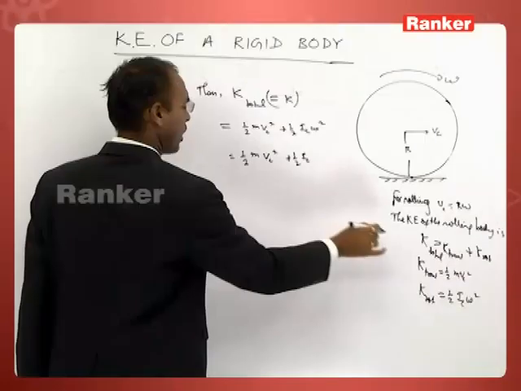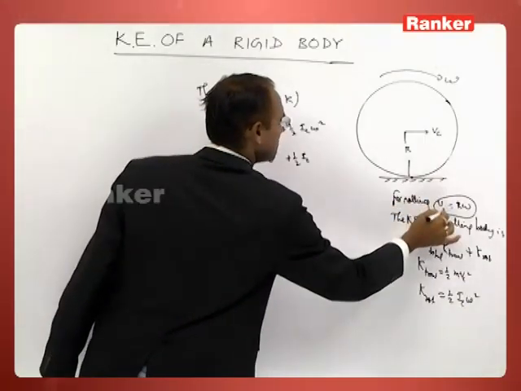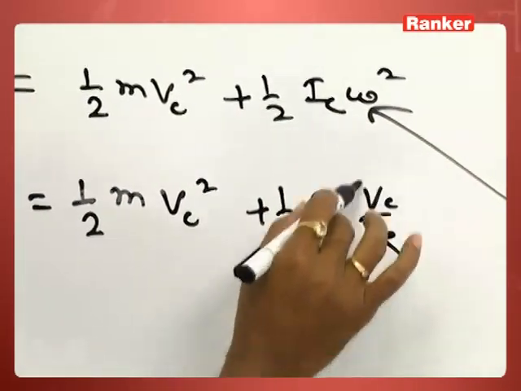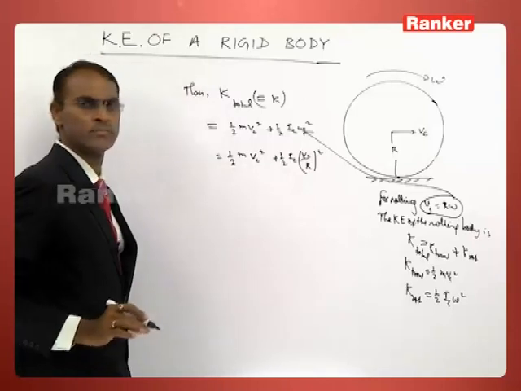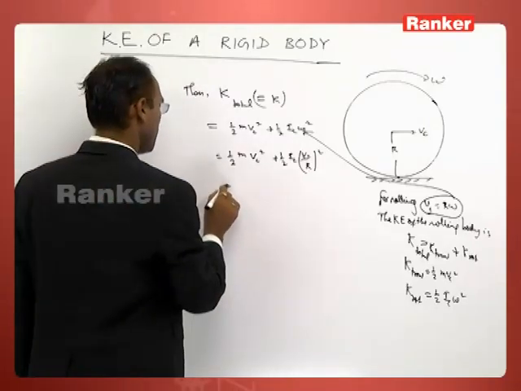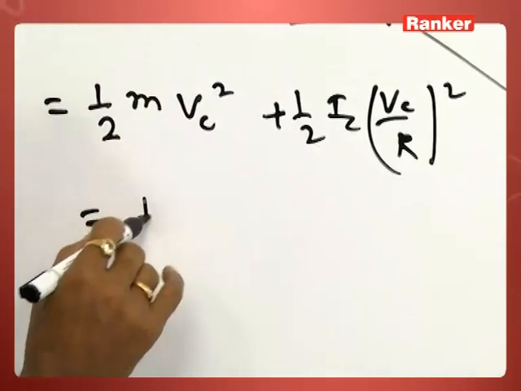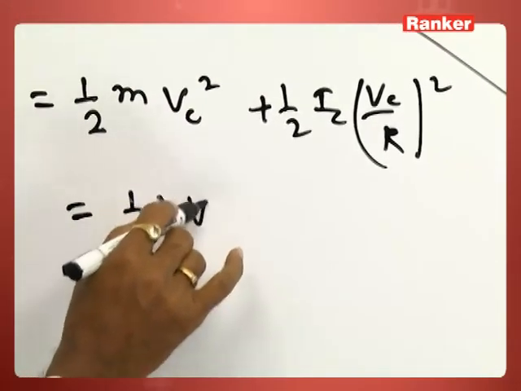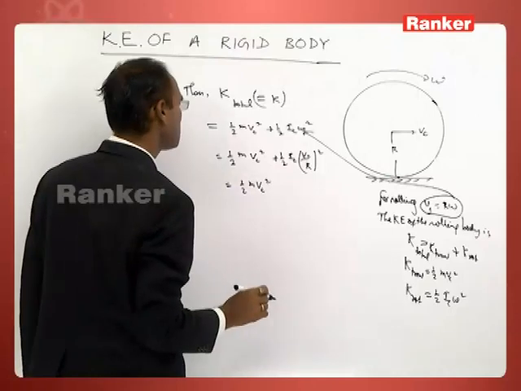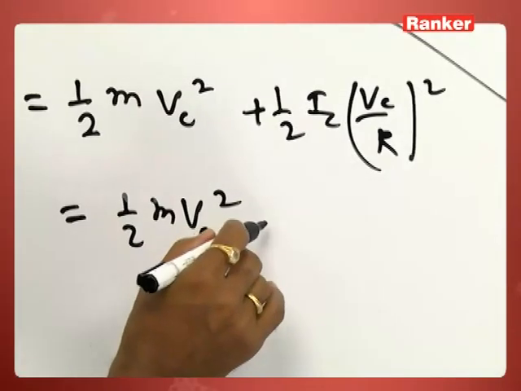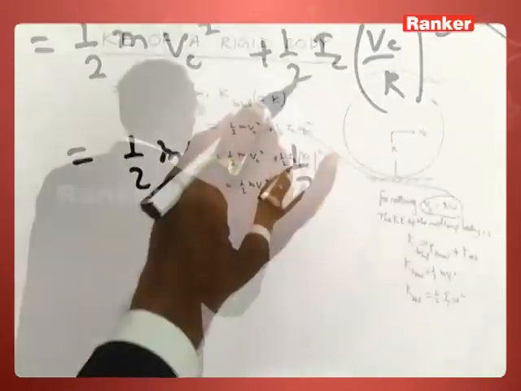Omega is equal to Vc by r for pure rolling. In this way we are getting half m Vc square plus half